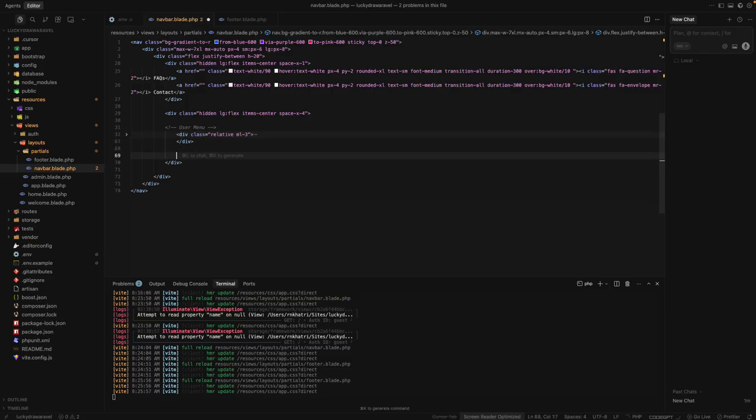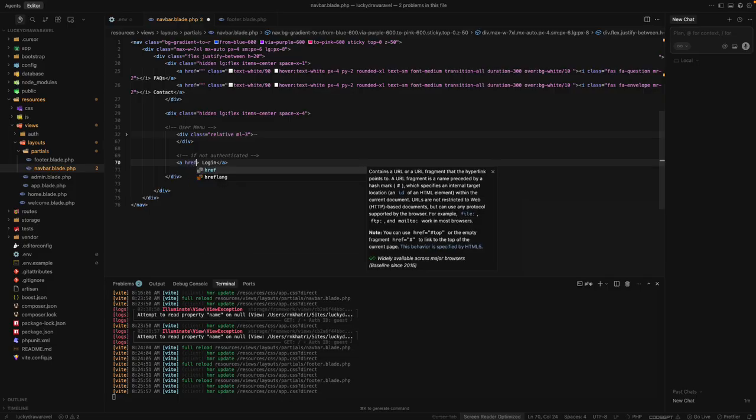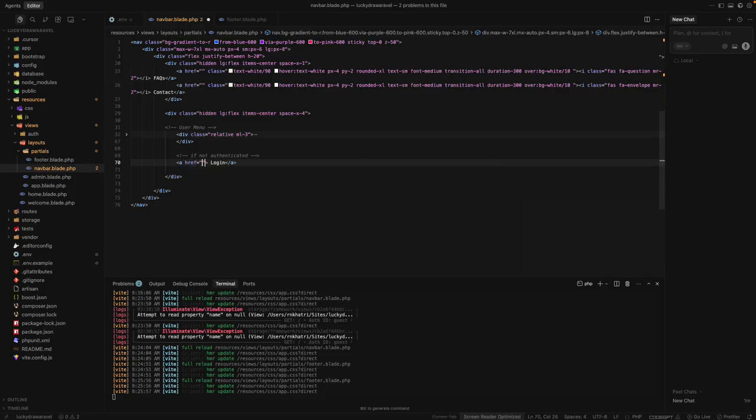So after that, if not authenticated, we need one anchor tag for login, another is... let's copy first of all the href, and we need to add the route,